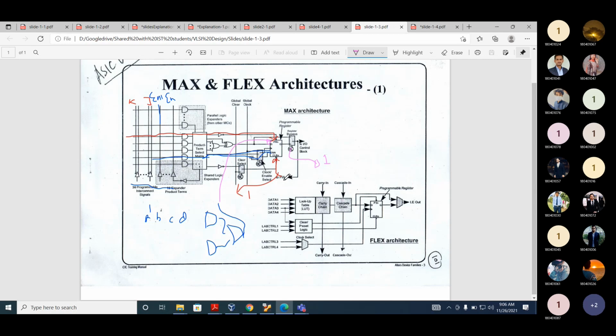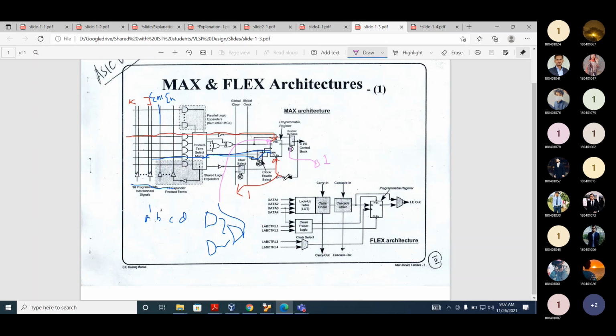Now we have studied how we can implement a sequential function efficiently with the Max architecture, and the example of that sequential function was an 8-bit counter. In this way, we have studied that we can use multiple macro cells to implement wider sequential circuits.